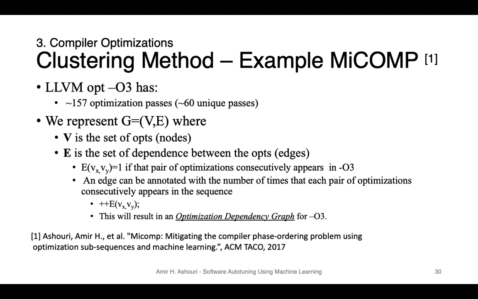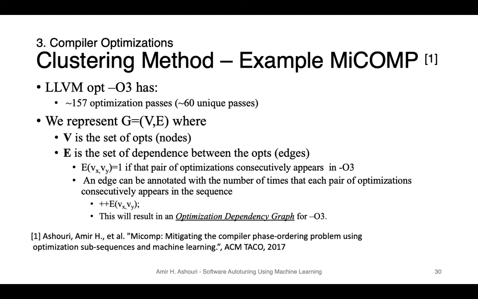In order to do that, as I mentioned, we started by clustering the available optimizations inside O3. O3, as I mentioned, is one of the standard optimization levels in LLVM. It has 150 optimization passes inside, of which 60 are unique passes. Tentatively, throughout the years, compiler designers in the LLVM community brought up, okay, you have to use this and that, and then they would just tweak it. After several years, we have this O3 that, on average, when you apply it on most applications, is going to bring you speedup.